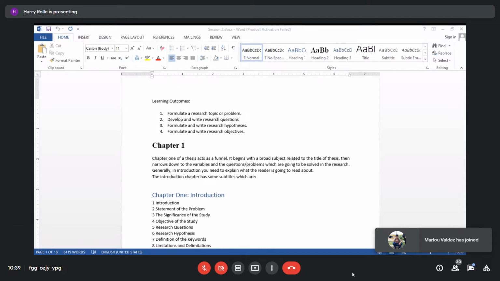But nowadays, we have what we call a journal type of research, wherein you only have 3 parts. The first part is the introduction, the second part will be the methodology, and the third part will be your discussion, summary, conclusion and recommendation. So these are the things that we are going to talk about. Because in engineering, nowadays, most universities and colleges usually use the journal type of research.